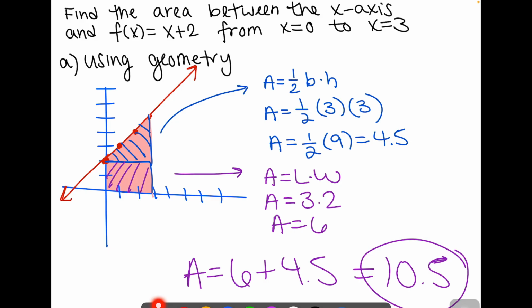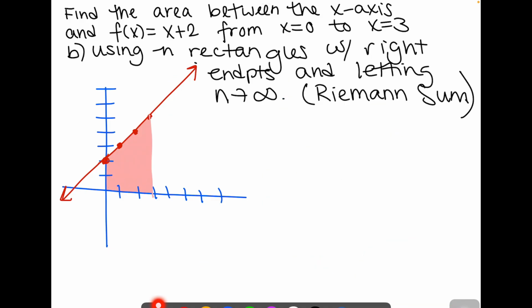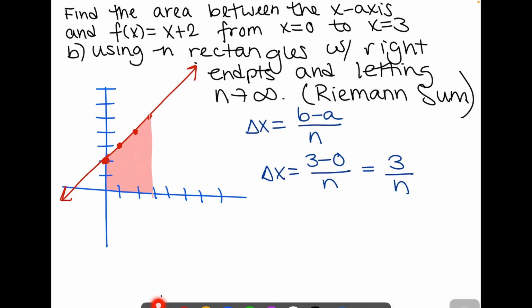Now let's see if we can get this same answer using our Riemann sum limit process. So this is exactly what we did in the previous video. We're just repeating the process as a really nice review. So let's see if we can find the area using n rectangles with right endpoints and letting n go to infinity. So if we have an infinite number of rectangles, what is that area? So to start,